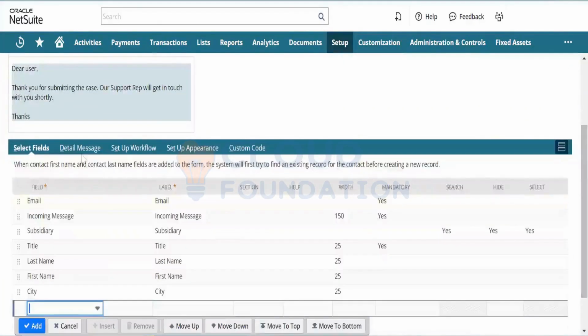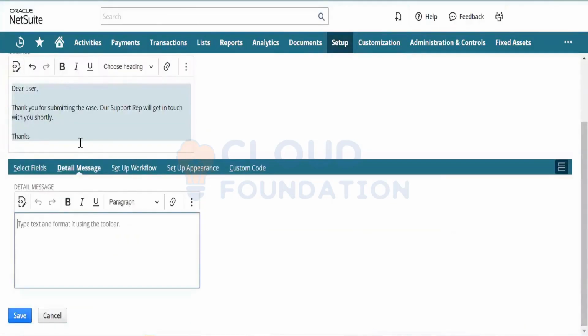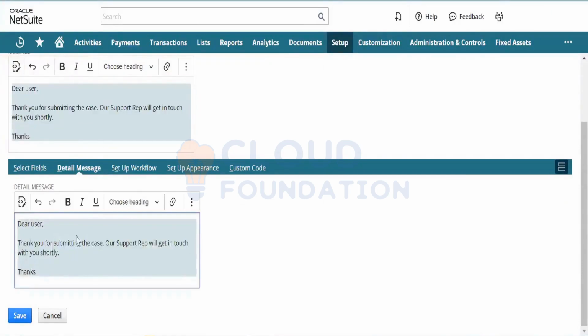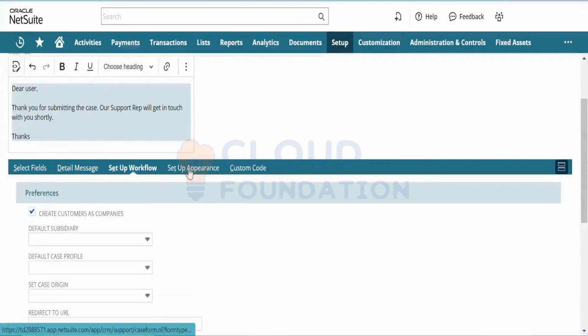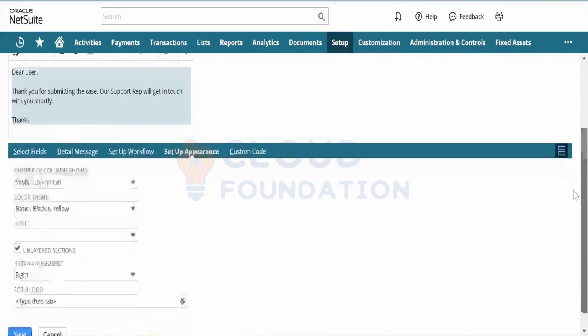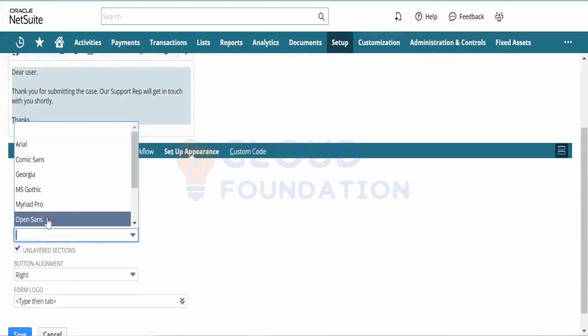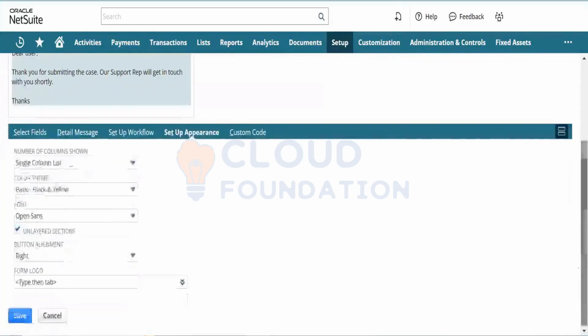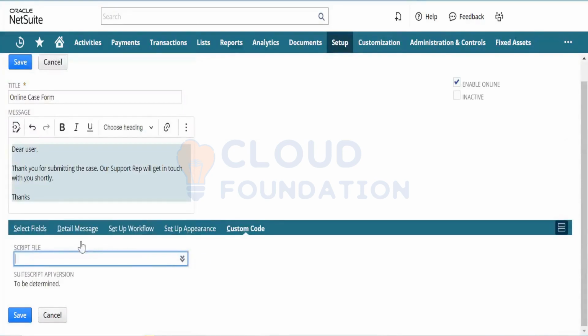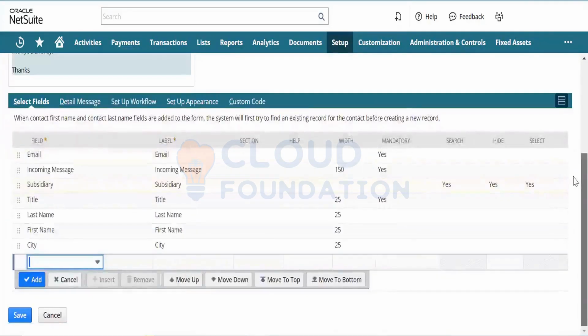Then you can scroll down and add a detailed message. You can type in the detailed message. Let us say we are typing the same message. And then you can set up your appearances, like what would be the color theme on that particular thing. And then you can set up what's going to be the font. Let's say Open Sans, and then button alignment. Do you want it at your center or left? Let's say left for now. And you can select the logo and all this. So once you create your own customer online case form,